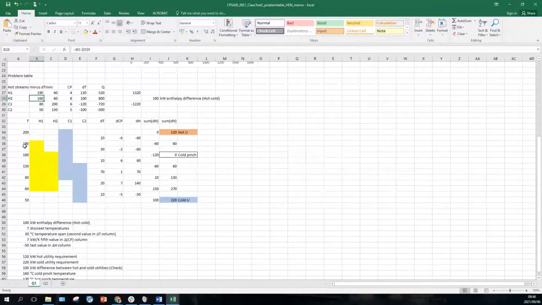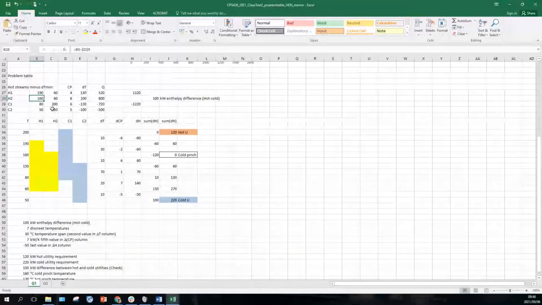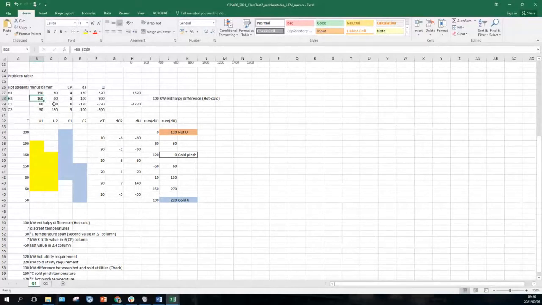I'm using the alternating lines this time, just to make it easier to see which of these are in between values and which of these refer to a certain temperature. Okay, 200, 190, 160, 150,